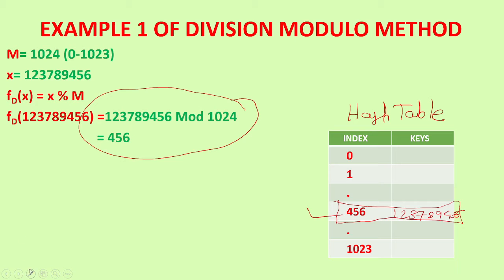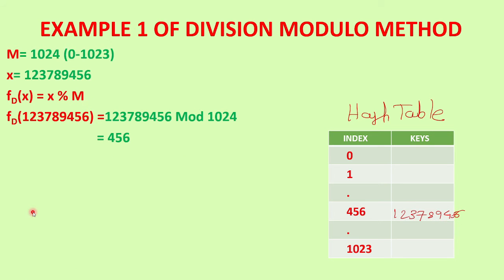Okay. Now one more thing is there over here. When you take the m size as a power of 2. Now 1024 is a power of 2. That is m is equal to 2 raised to 10. If you calculate it, you will get 1024. So 1024 is nothing but a power of 2, since 2 power 10 gives 1024.